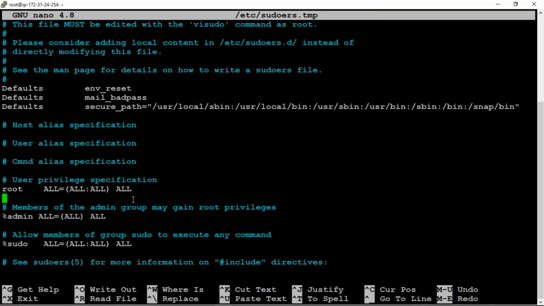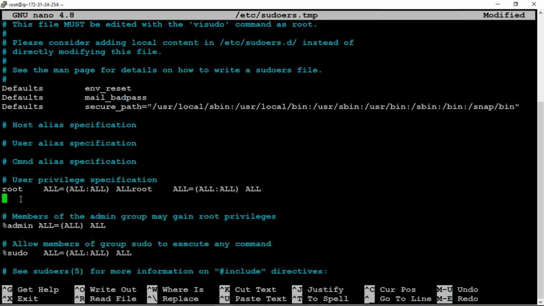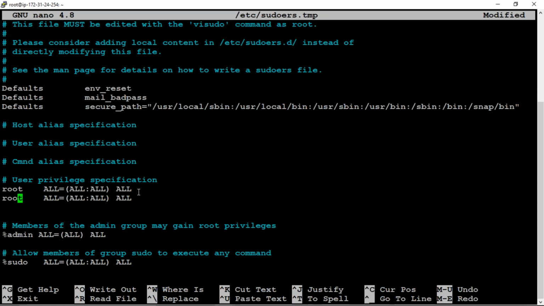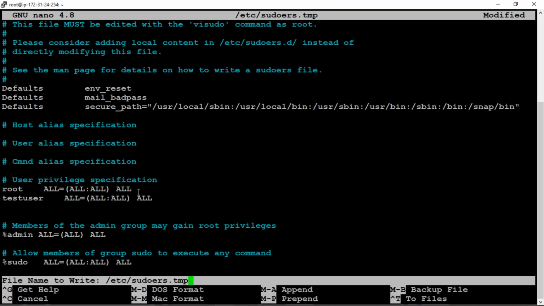So I'm just copying all this one, and pasting here. Okay, now change this one to test user. Okay, now save this one. Control X, Y, and enter.